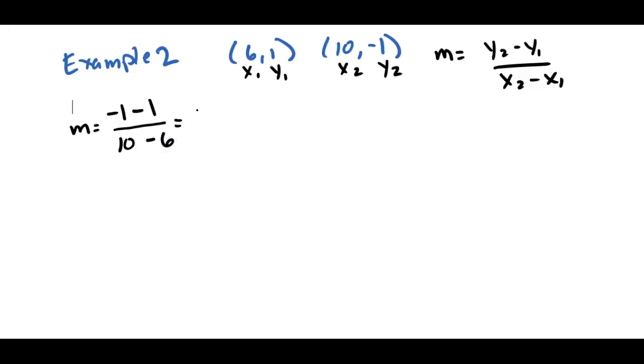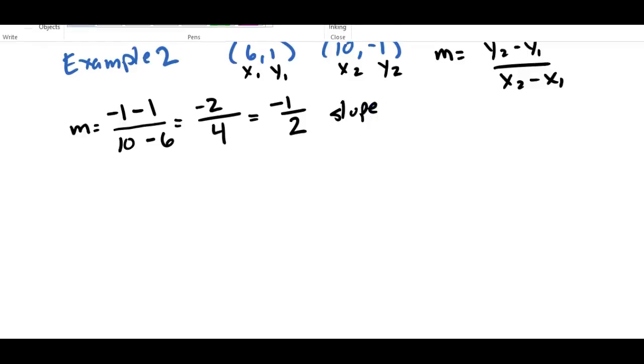So let's do some subtraction here. Negative 1 minus 1, that's negative 2. 10 minus 6 is positive 4. And then if I reduce my fraction, we should keep our slope as fractions, we get a slope of negative 1/2. So this is my slope right here. Okay? So now what I know in my equation so far is that y is equal to negative 1/2. Let me use a different color there just to show you where slope fits in here. Here's negative 1/2